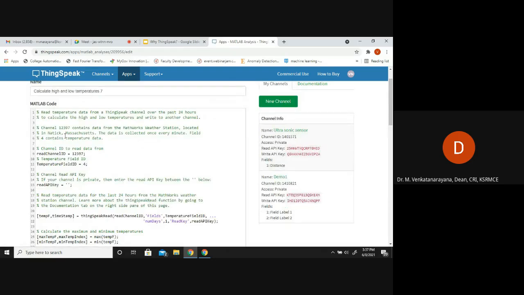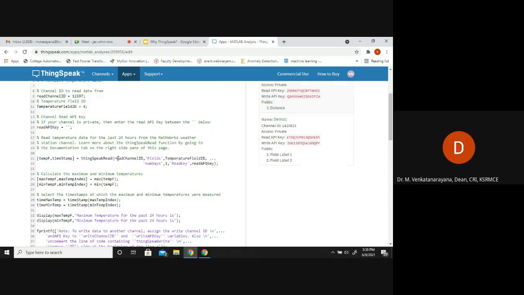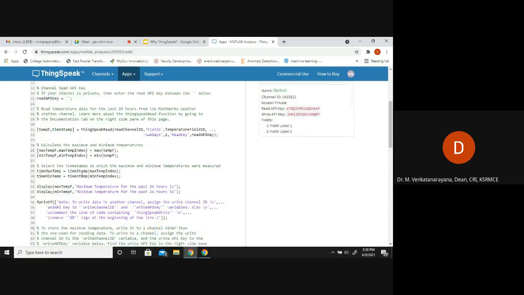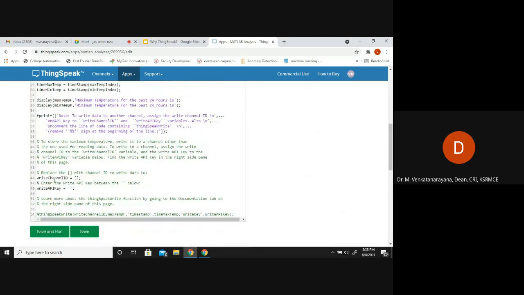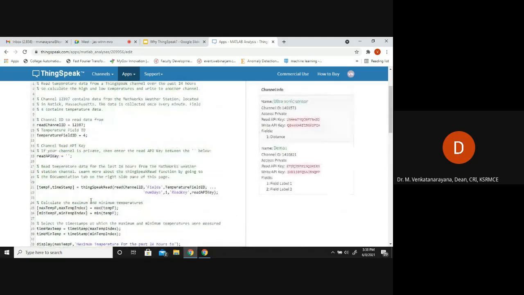Channel 12397 contains the data from a network weather station, and the temperature is available in field 4. It is public, so no read API key is required. This is a command to read the data from the weather station, and we can find maximum, minimum, and the timestamp, and then we can display. We can also write the channel ID and write API key, and if enabled, we can see the data.